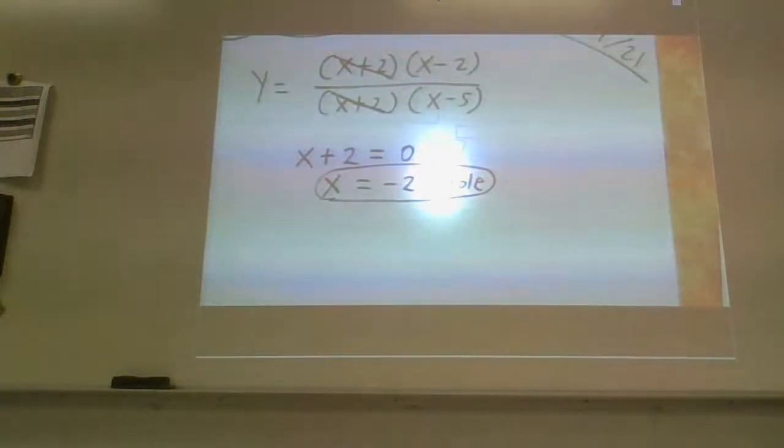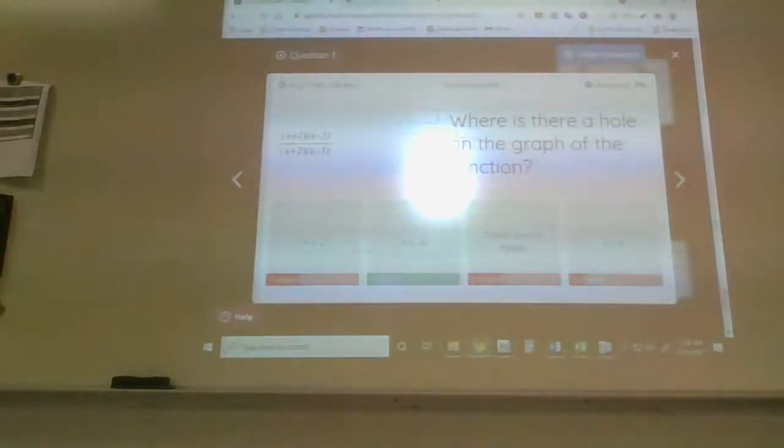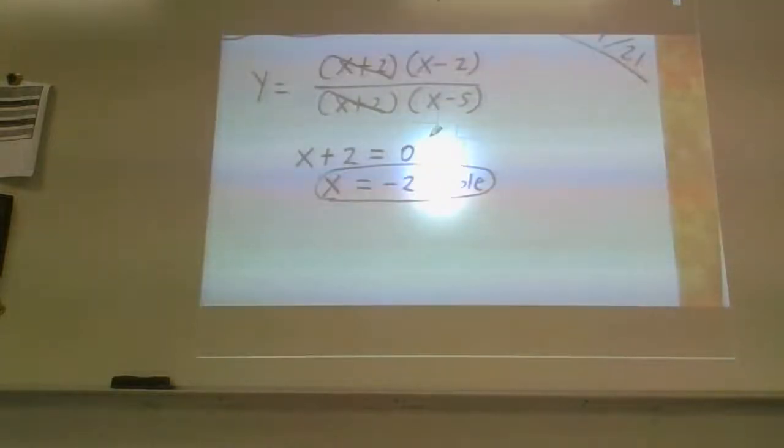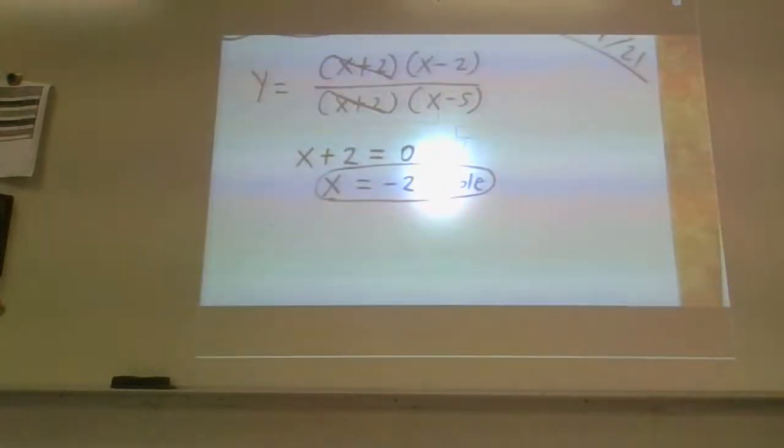Now, if I flip back to this quiz's question, yep, I can see what most of you chose. Yes, 1 person did choose the correct answer. 4 of you chose there are no holes. There will only be no holes if nothing cancels out. And a lot of you did choose x = +2, which I can see, thinking that, oh, x + 2. Well, you have to set it equal to 0 and solve,